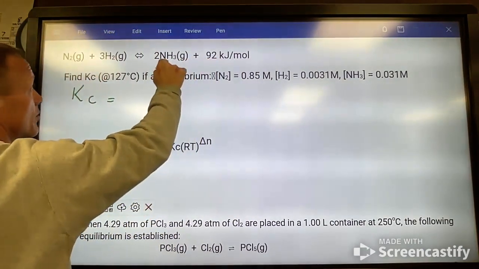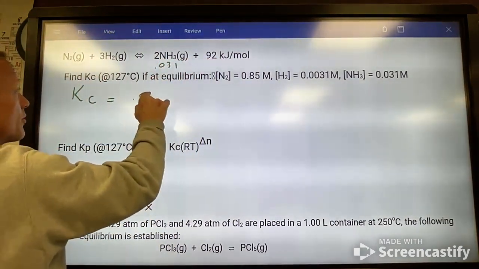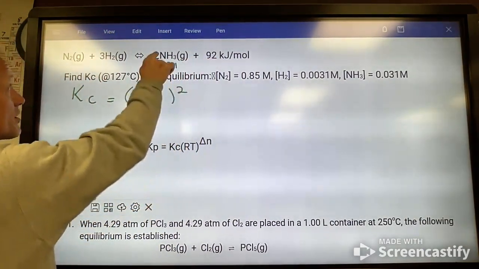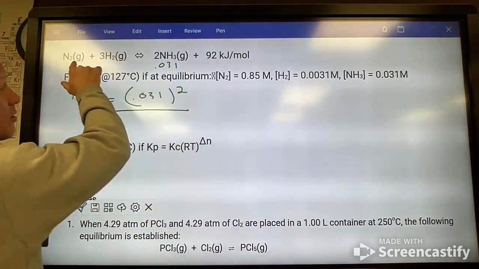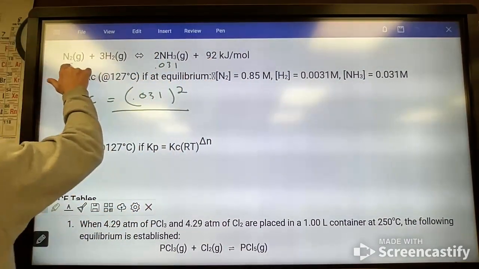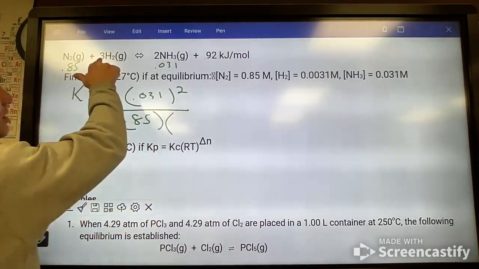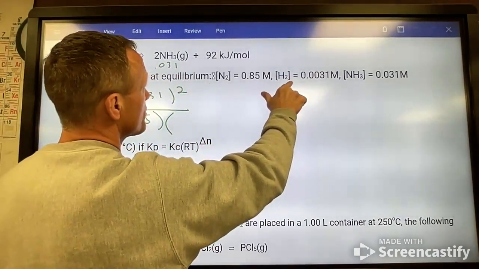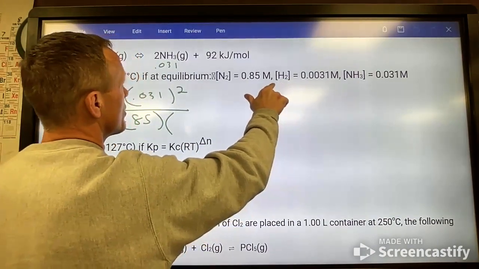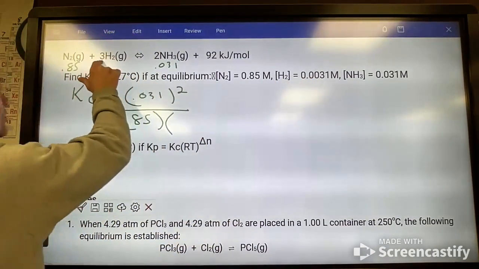So this is 0.031 molar, so 0.031 squared, because it's got 2 in front of it, over molarity of N2, which is 0.85. So 0.85 to the first power times H2, 0.0031. This is 0.0031